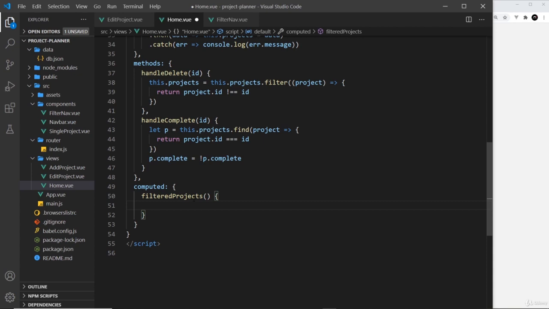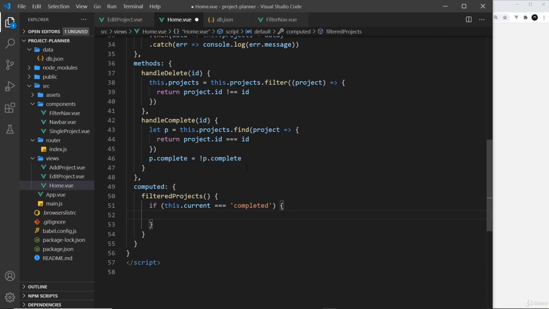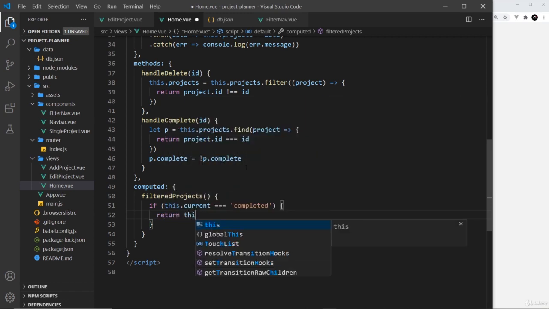So down here I'm going to do an if check, and I'm going to say if this.current, which gets me the current value, is equal to completed, in that case I want to return an array where I only show the projects whereby this is true. So in this case, it would be just this project. So let me do this. I'm going to come back to the home component, and I need to return a value. That's going to be an array, and I'm going to return